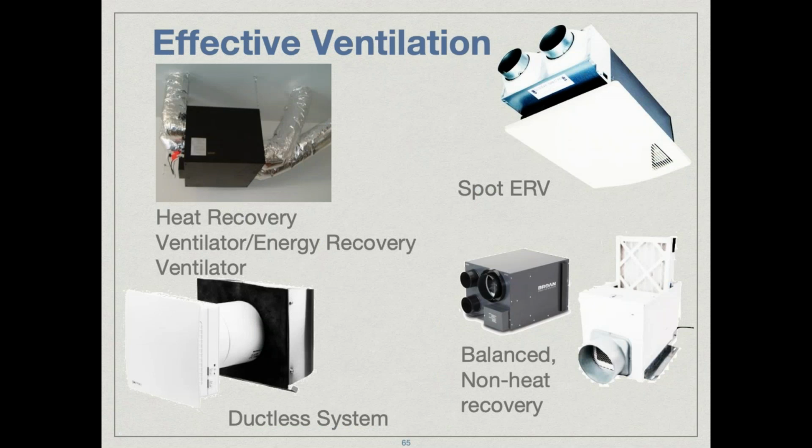Ventilation in these tight homes is extremely important. Traditionally, that would have been a heat recovery ventilator or an energy recovery ventilator. I think there are some options these days for tight houses. The ductless systems, the through-the-wall heat recovery vents are something to look into and see if they work for your system. And I'm also thinking that especially when affordability is paramount, that maybe we need to dispense with the heat